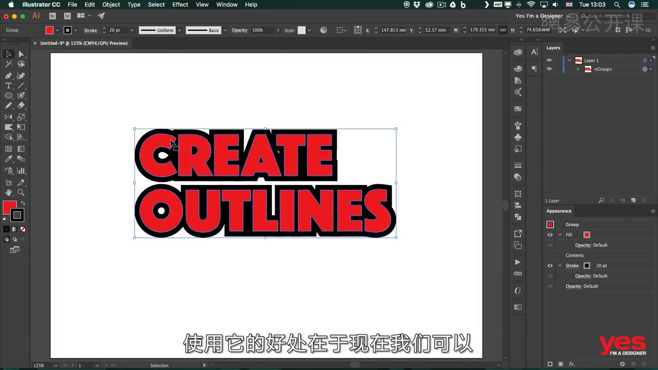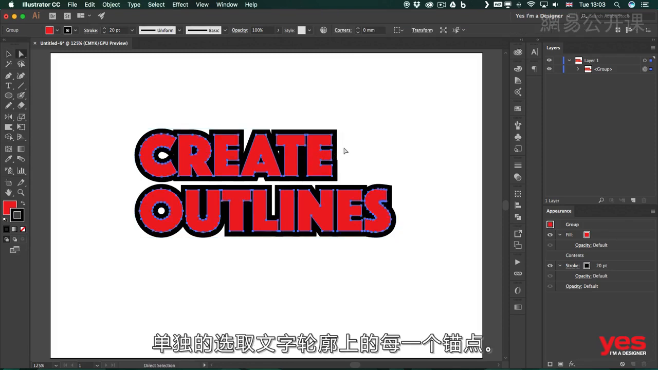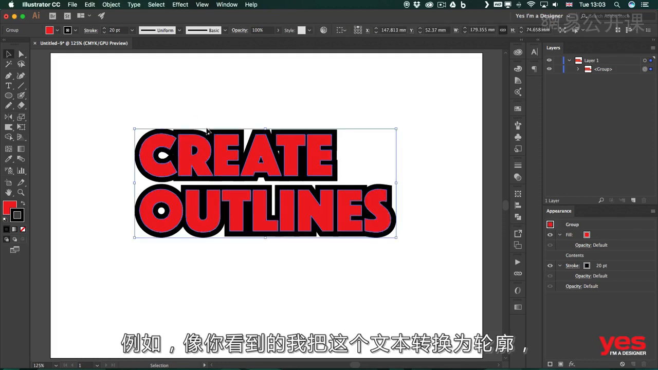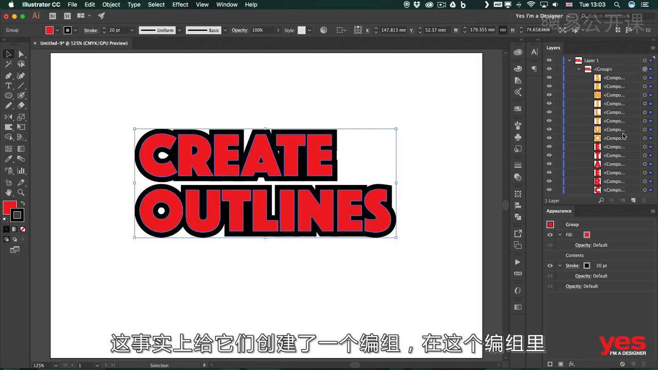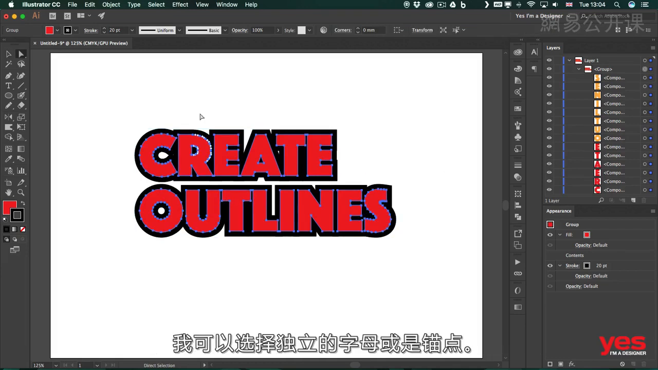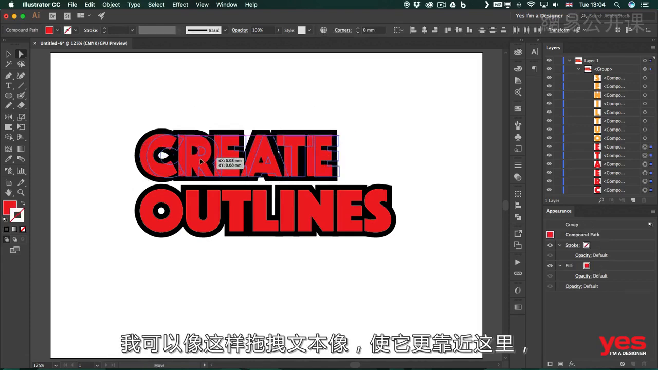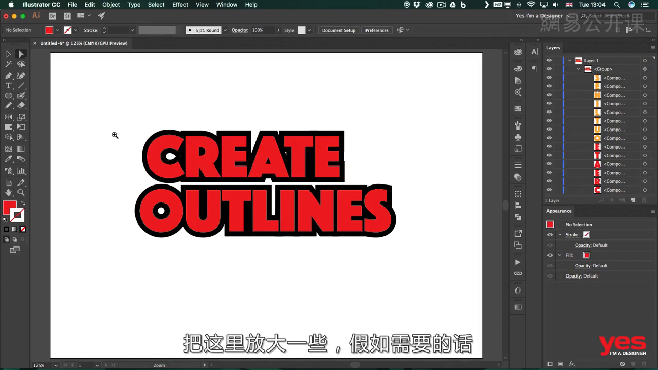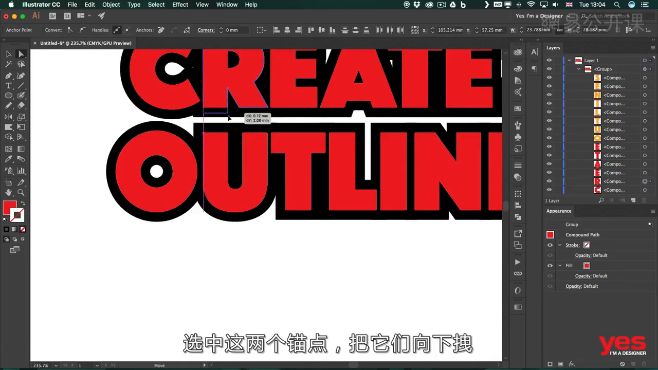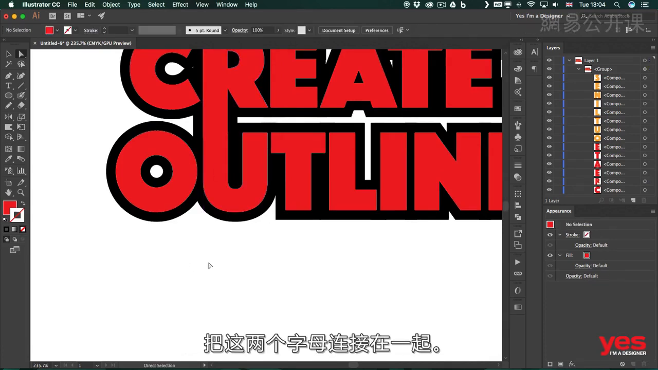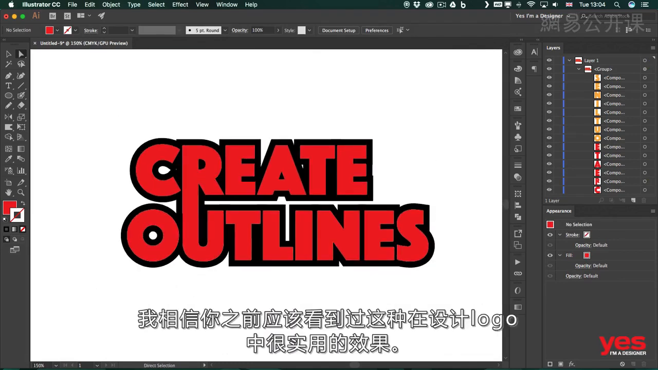Well, the advantage in doing this would be that now I can access each anchor point individually. So for example, if I have this text here, as you can see, once I turned it into outlines, it created a group for them. And within this group, I can select individual letters or individual anchor points. So for example, I can drag this text closer somewhere there, then zoom a bit in. And if I want, I can highlight these two anchor points and then drag them further down and connect the two words together. I'm sure you've seen these type of effects, which is a great technique for logo design,